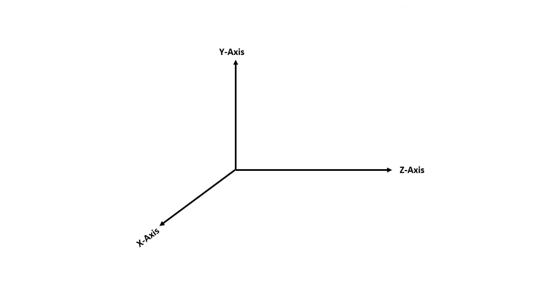In order to explain the motion of any object, we need a coordinate system. Suppose you have x, y, z, three perpendicular axes, and the magnetic field is acting along the z direction. Of course, you can apply the magnetic field in any direction, but for the sake of simplicity, we take the magnetic field along the z direction. And suppose the charged particle moves in a direction which makes an angle with the magnetic field. Suppose the charged particle moves in the xz plane with some initial velocity.